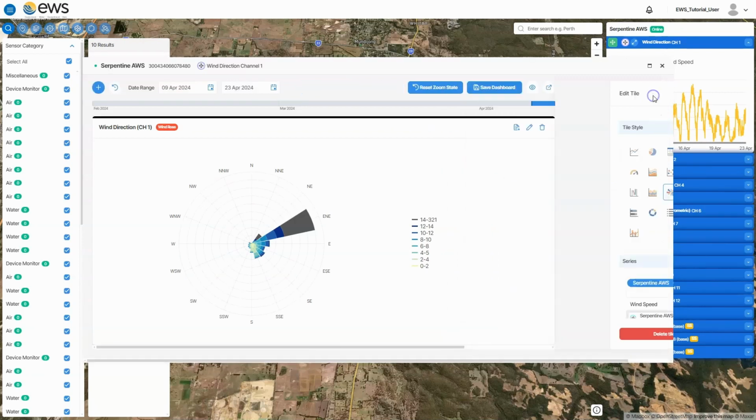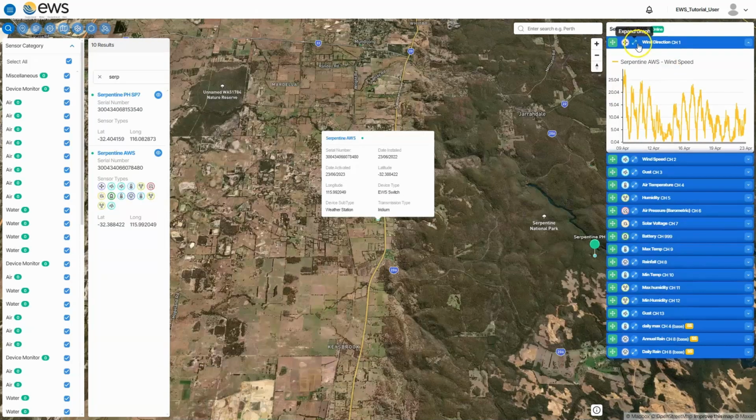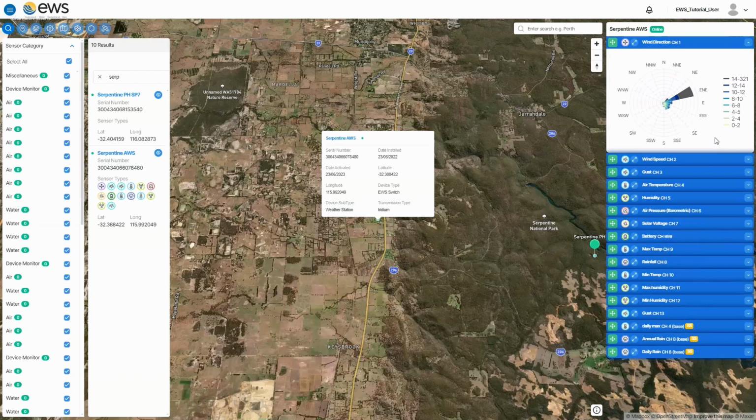The graph is then changed to a windrose and allows us to view the wind direction and speed together on one graph. By closing out of the graph and updating the channel, we can see it updated in the channel list as well. I hope you enjoyed the short video on Orion's map